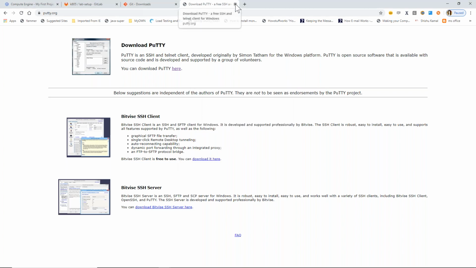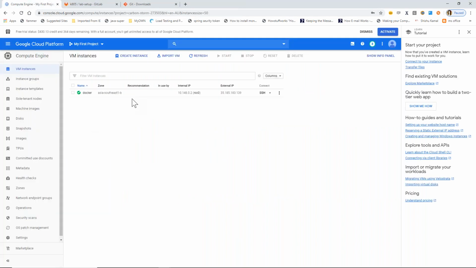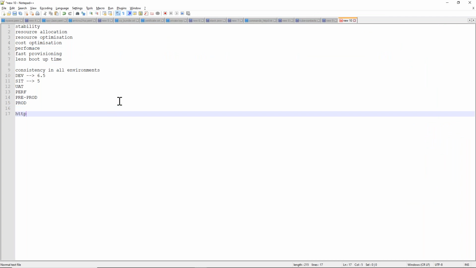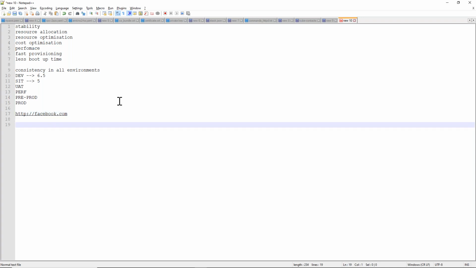So now, how to connect to this server. We know the protocol is SSH and the port number is 22. For example, if you want to connect to Facebook, how will you connect? Like HTTP facebook.com. In the background, HTTP uses port number 80.